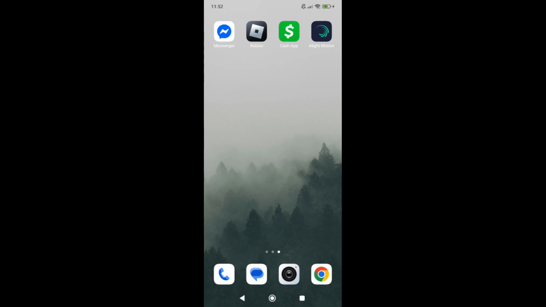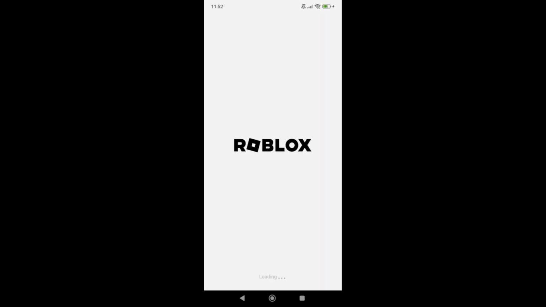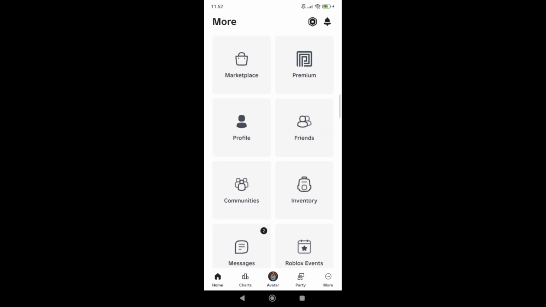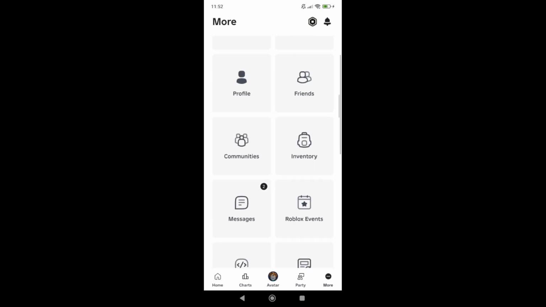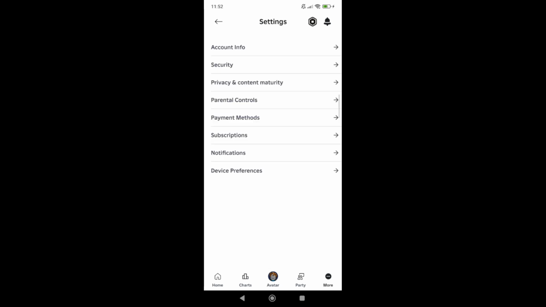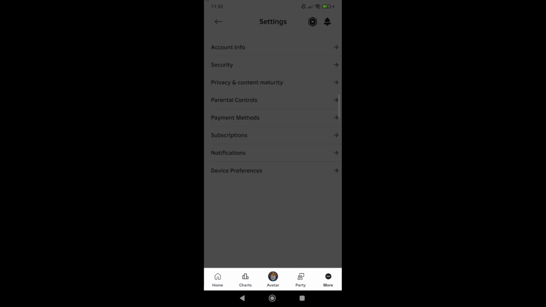Here's how to get voice chat on Roblox. So first, go to the Roblox app, open it. Wait for it to load, and then go to More here, the bottom left or the bottom right. Go to More, and then go to Settings, and then in Account Info,